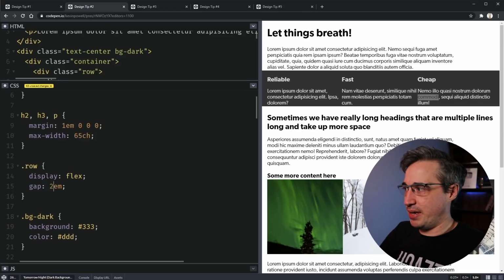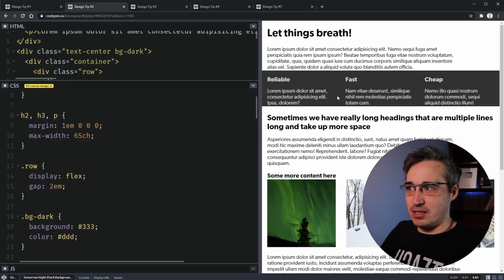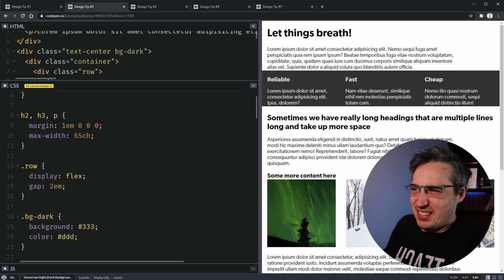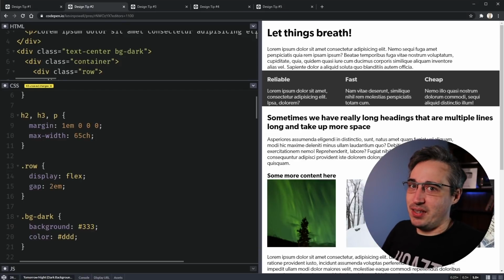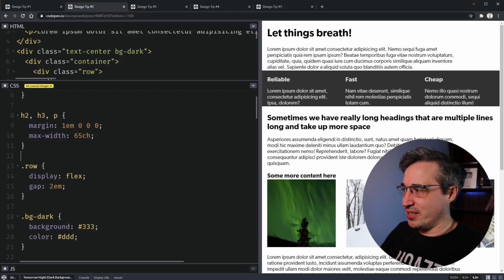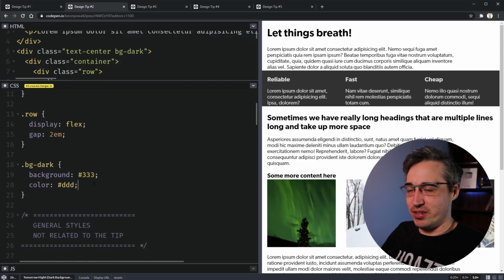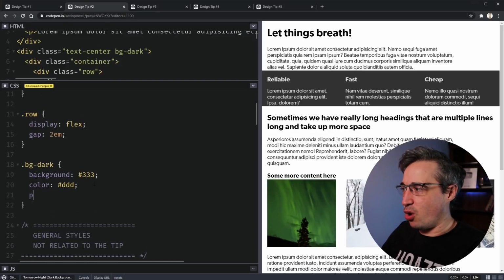Whereas if I come in here with my gap, now because there's space in between each one of them, it just makes it really easy. I see 1, 2, 3, nice, easy. It's easy for me to see those 3 columns. But everything is still a little bit smushed. We need things to breathe even more. Another way we can do it is if you have a background, whether it's a background image, a background color, always get some padding on that guy.